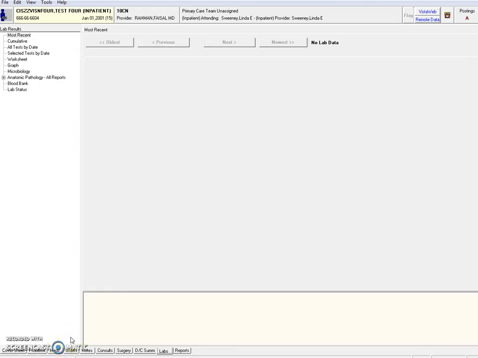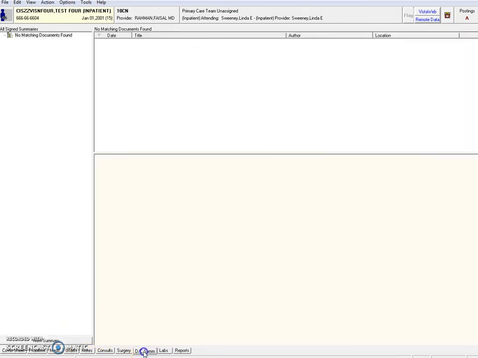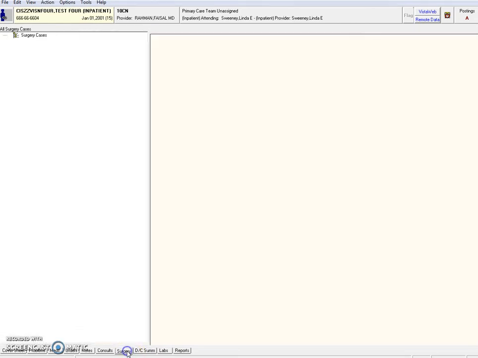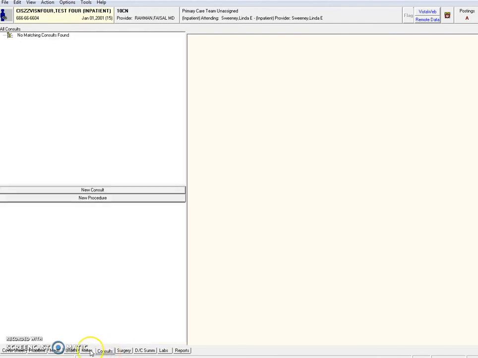The other details that you can find are previous discharge summaries, which are in the DC Summary tab, surgical notes from previous surgical procedures, which are in the Surgery tab, and then consult notes, which you can look under the Notes tab, but also on the Consults tab, where consults are ordered. This is a brief